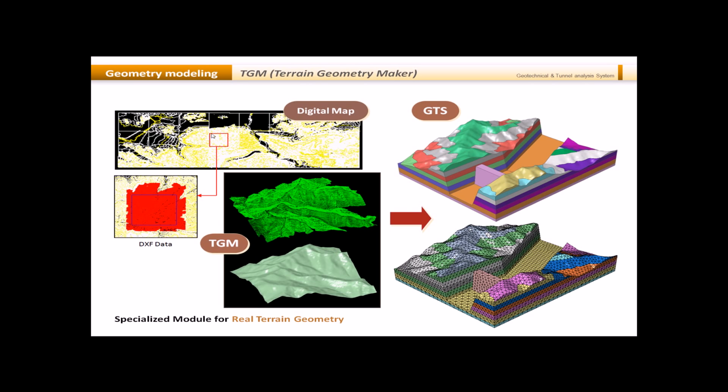So as you can see here, I imported the contour map. I created the surface at the location of a dam, and